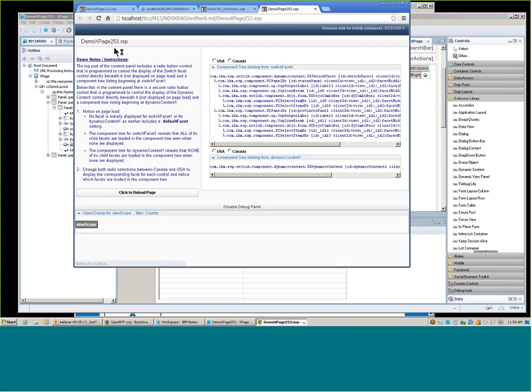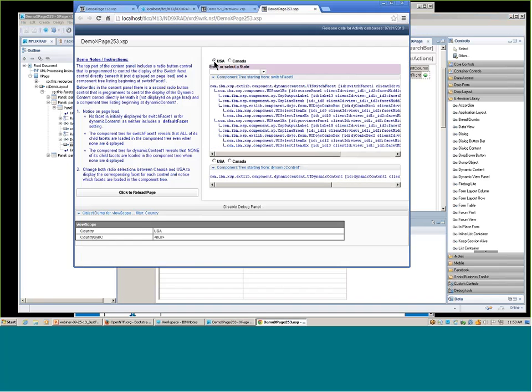And when I preview this XPage, when none of the child components are being shown for my switch facet, I can see that every component, every child facet is in fact in my component tree. I can see the states panel, I can see the provinces panel. When I compare that to my dynamic content control, all I see is the starting tag for the control itself.